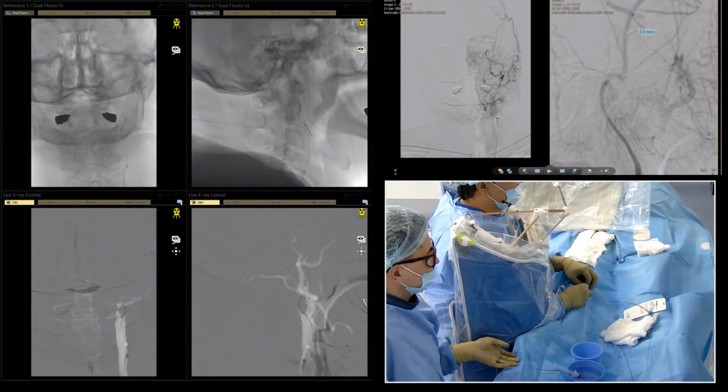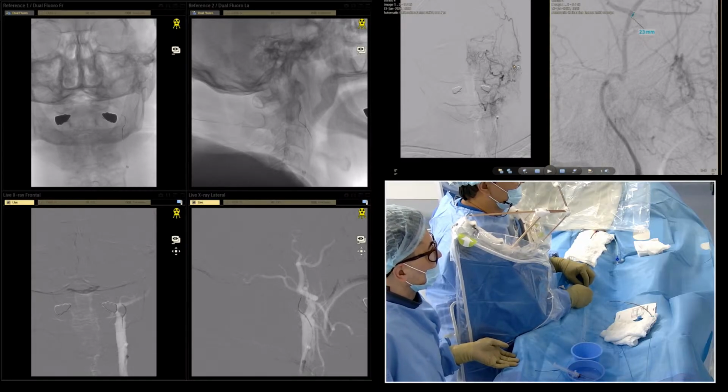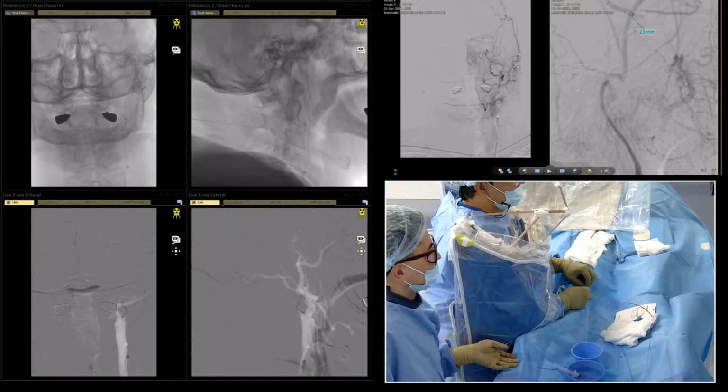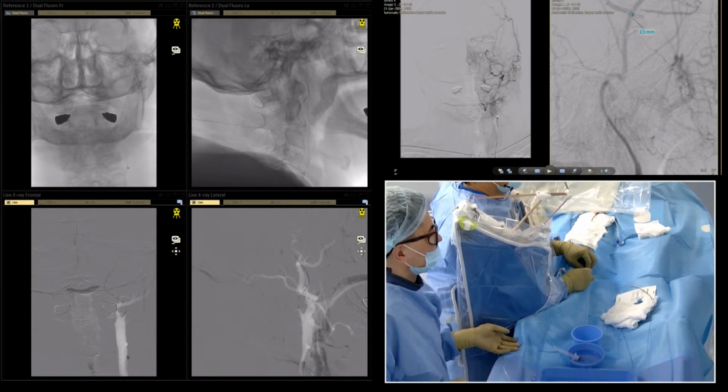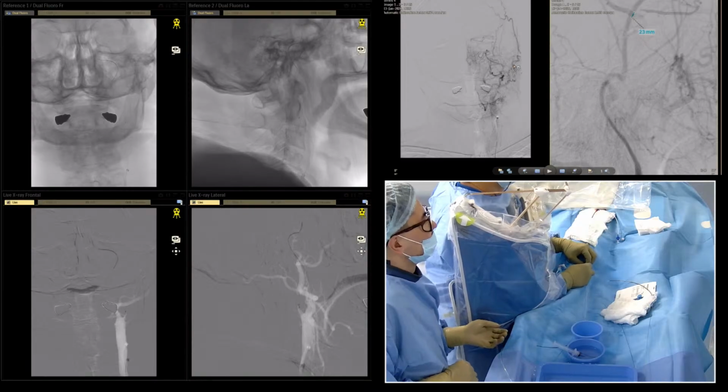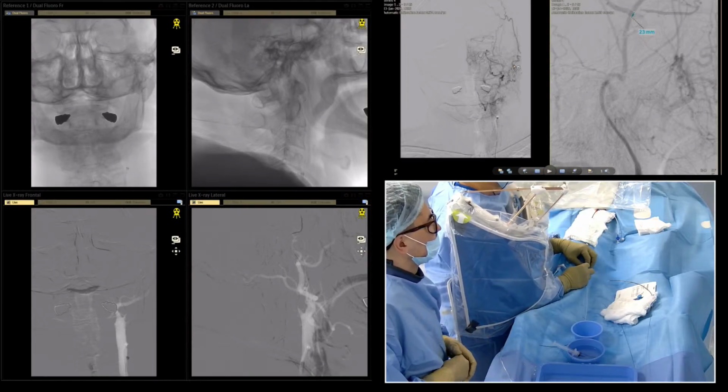Let's make a little bit of support, and then it's an occlusion. No? It should be treated like an occlusion. We can use the protection device like a